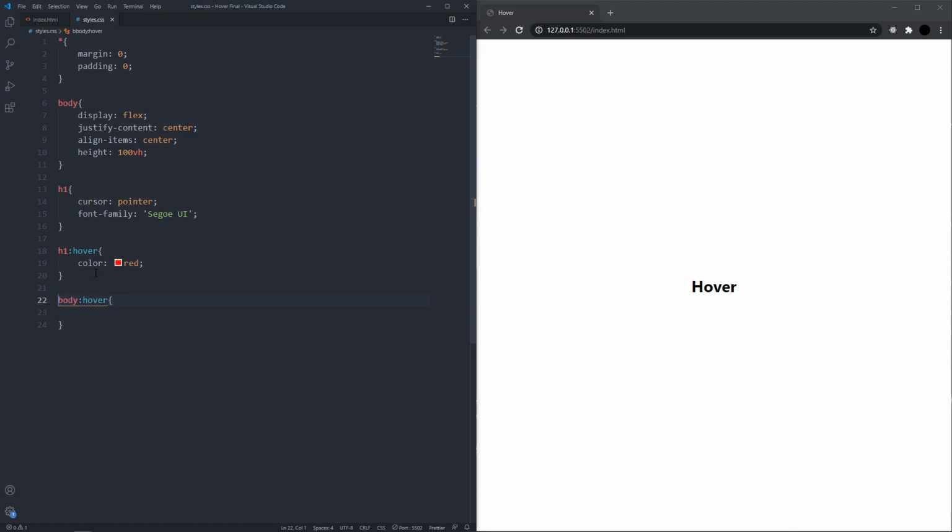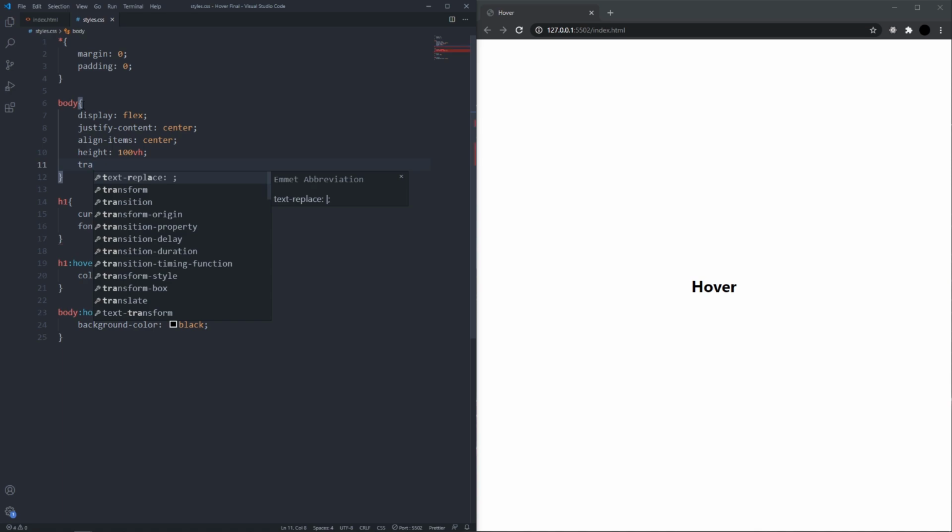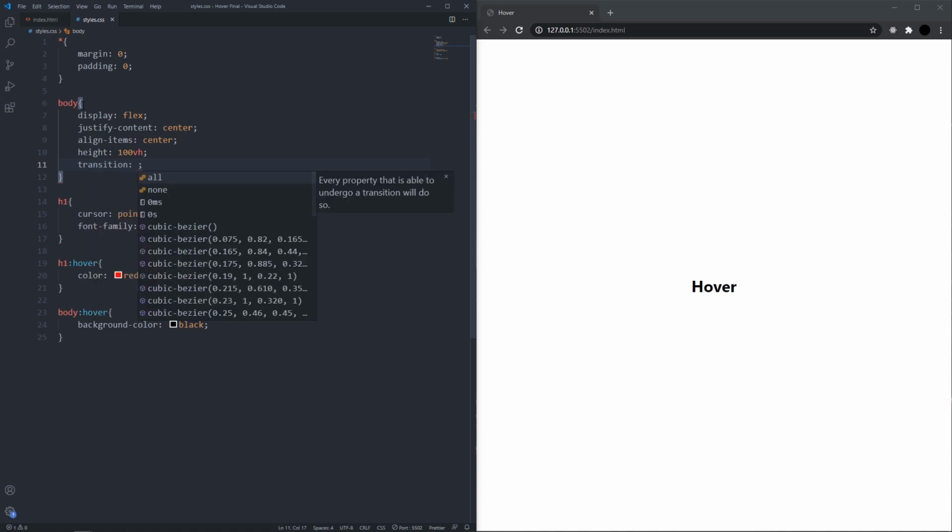Oops, I can't spell anything. Like if I change the background color to be black, then if I go over to the body, it'll become black. But there's something else you can do to make it look a little nicer. In the actual body that doesn't have the hover, or whatever element you're trying to do, you can put the transition